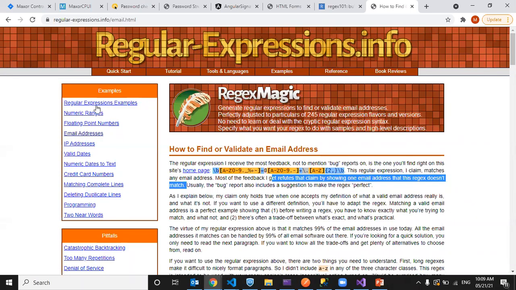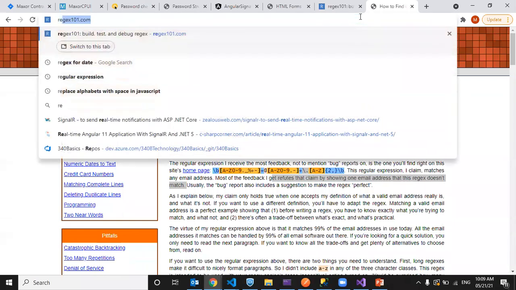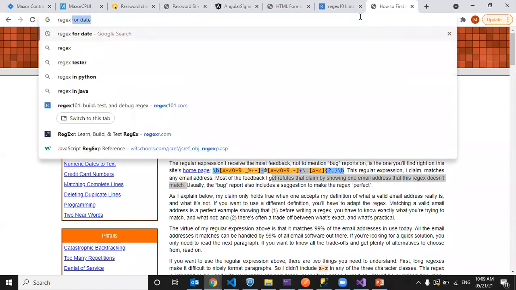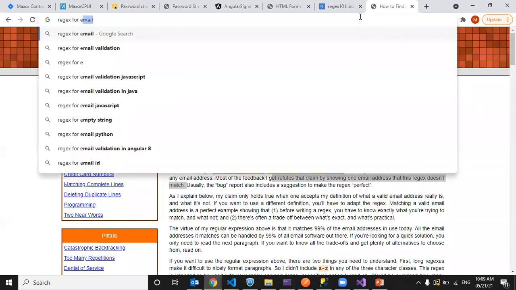Okay, just take another regex for email and check it.